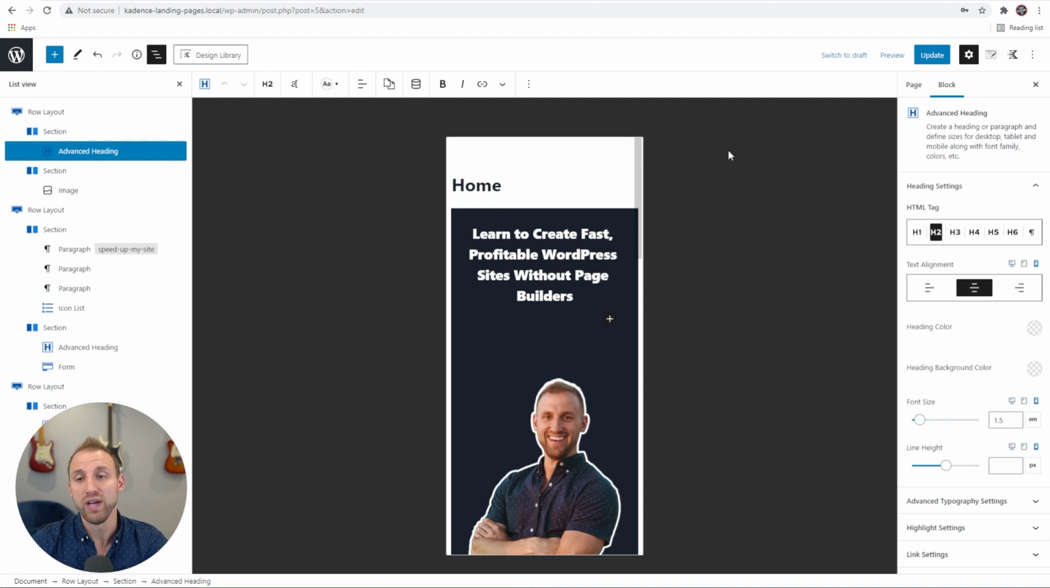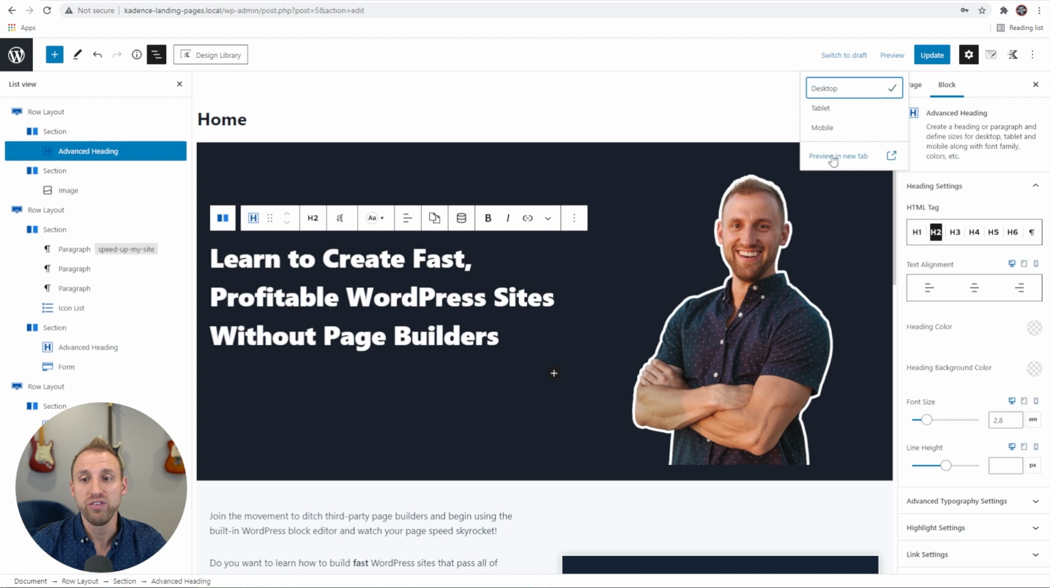But what I'm going to do is go up to preview here, and you can see that mobile is chosen because we are currently viewing mobile. But I'm going to switch this back to desktop, and I'll show you why in a second. And then I'm just going to preview this in a new tab, just like we've been doing throughout the entire